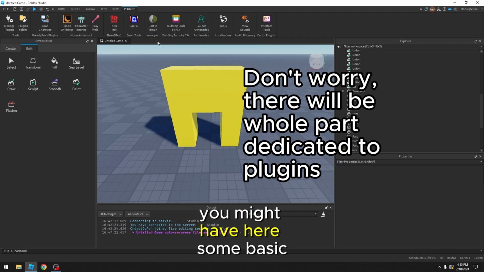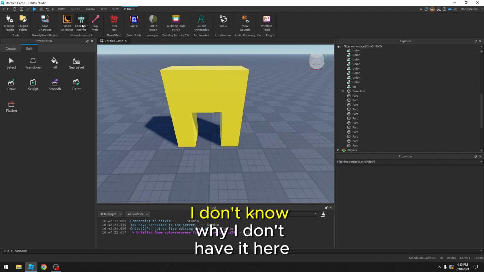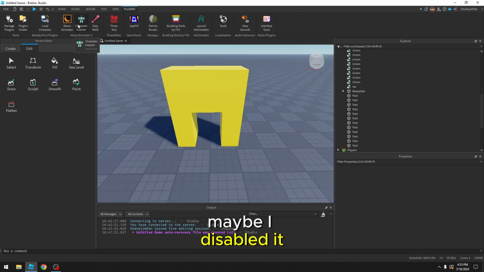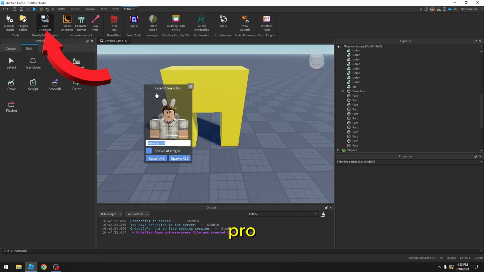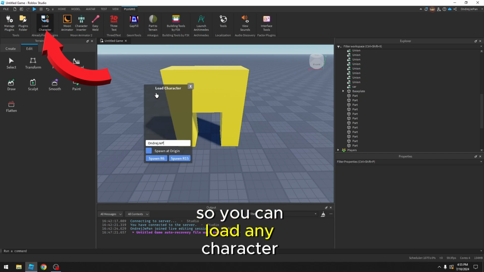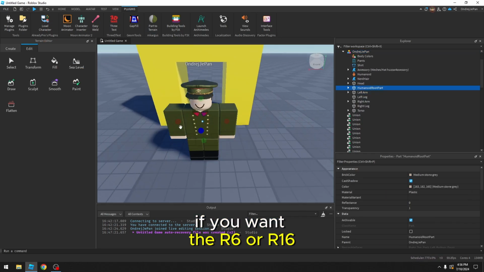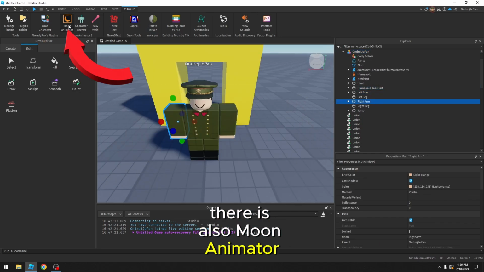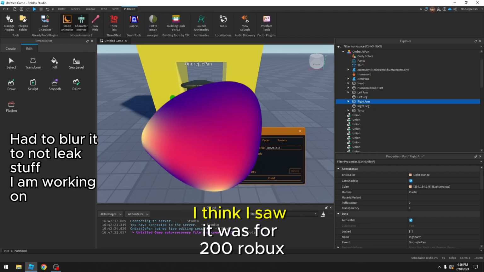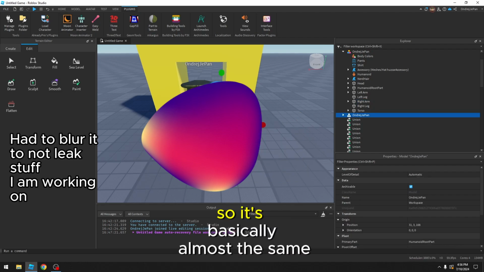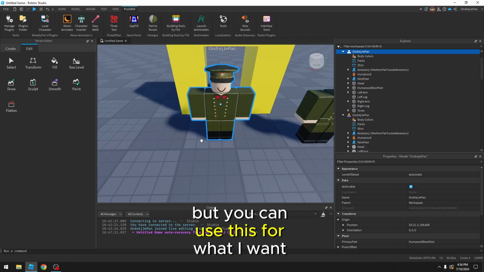So you might have here some basic, already one plugin, some basic one for loading character. I don't know why I don't have it here. Maybe I disabled it. So I will use load character by Already Pro. So you can load any character on Roblox. You can pick if you want it R6 or R15. There is also moon animator for that here, but I don't know if it is still free. I think I saw it was for 200 Robux. So it's basically almost the same, but moon animator is better, but you can use this for what I want